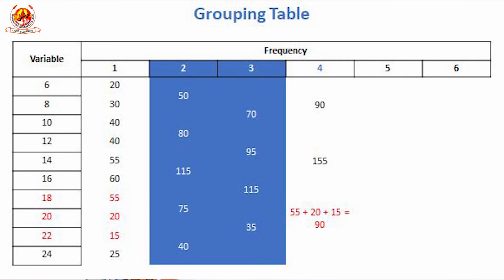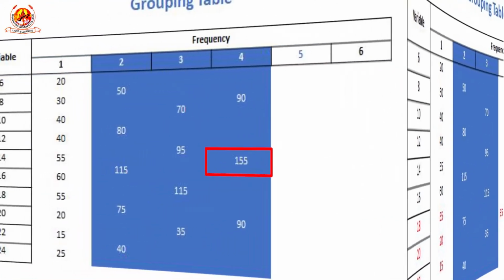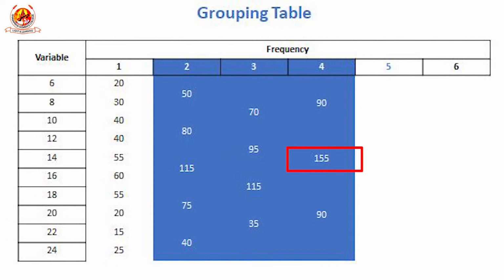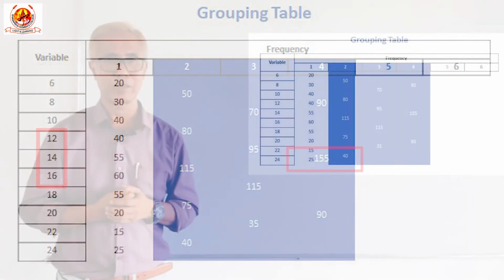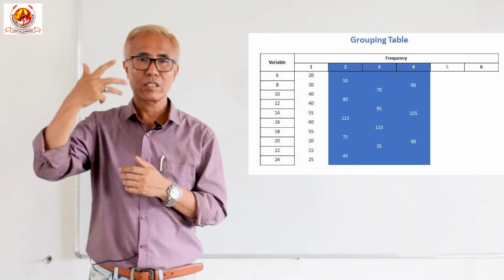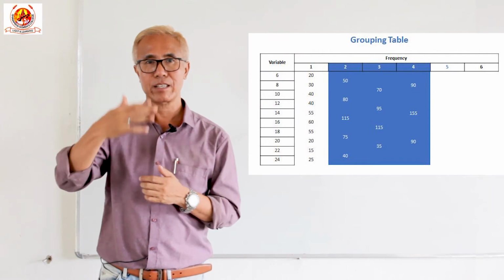And here, which one is the highest value? 155 is the highest value. 12 and 14 and 16. And so we have these 3. We will pre-select these 3